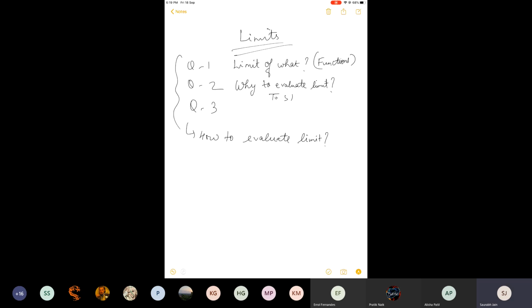To study the nature of functions approaching indeterminate forms. See, we are not studying indeterminate forms themselves, because there is no purpose in that. If it is indeterminate, what are we studying? But we study the nature of the functions which approach these forms. Now the question is, what are indeterminate forms?